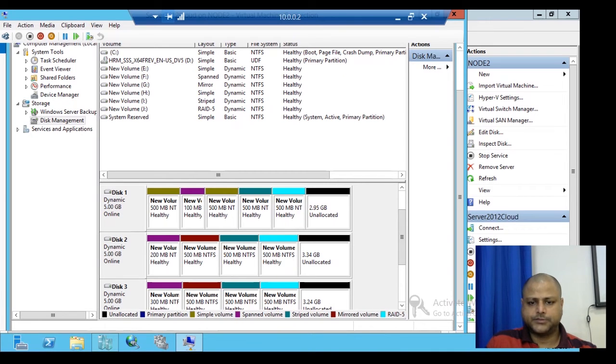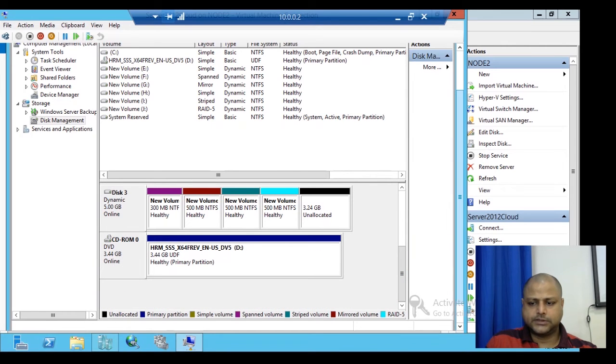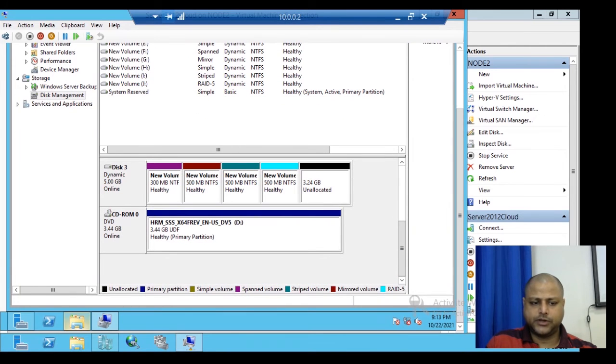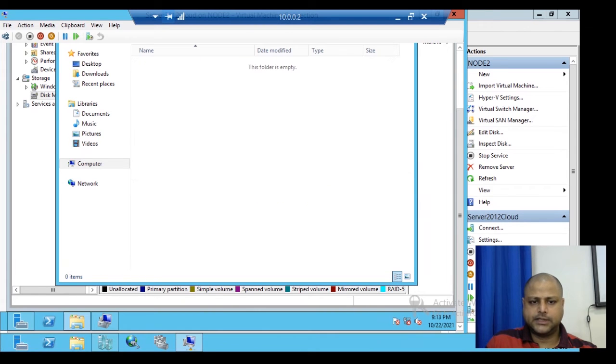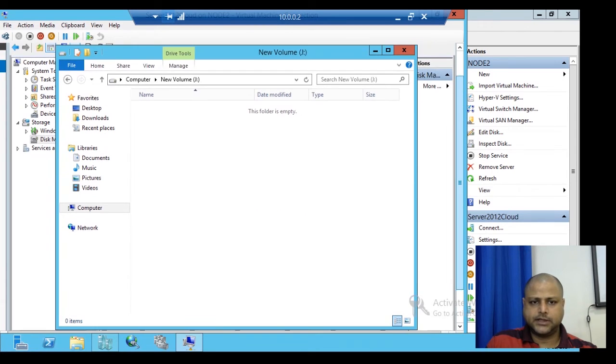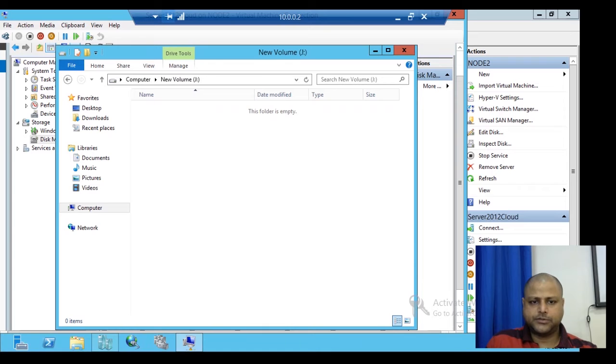So you can see it has become healthy. The drive is ready now for use. So we'll go to the system and we'll put some data over here. When we come to the J drive, we can see there is no data. It is an empty drive. So we can see it has 1000 MB, and actually the size is 1500, but 500 MB is used for redundancy purposes. So we'll click the drive, and we'll put some data over here.